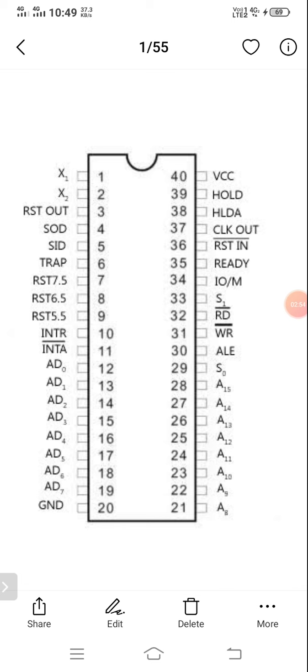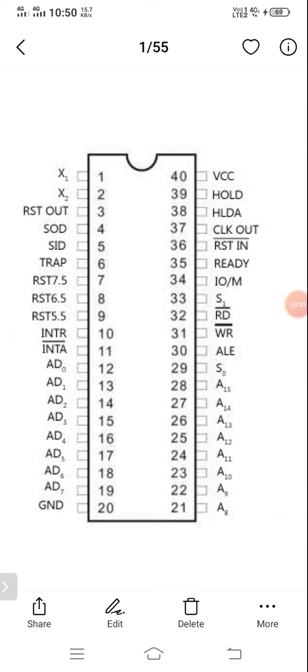For example, MOV A, B. The instruction will be changed from MOV A, #22 to MOV A, B. What is the functioning of MOV A, B? The data present in the B register can be moved into the A register. It is nothing but the same as A equals B.